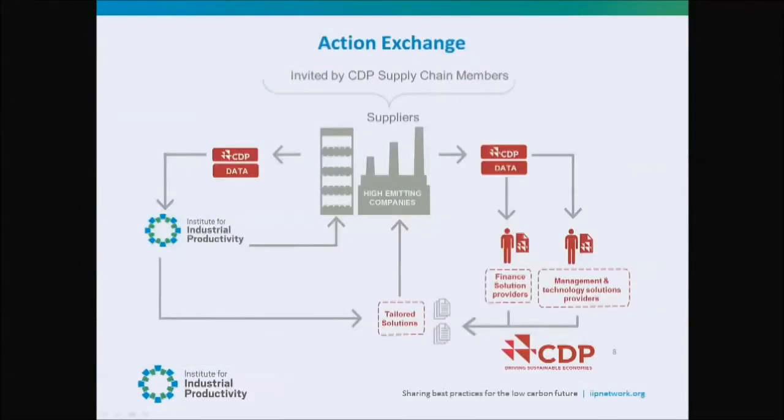We have been working on a project with CDP. They have a special initiative for supply chains called Action Exchange. What they require participating multinationals or lead companies to do is to also provide information from their suppliers on energy efficiency and water usage and so on. Based on this data, we did a pilot study in the 2013, 2014 timeframe with 6 of the leading members of CDP. Philips was one of them,